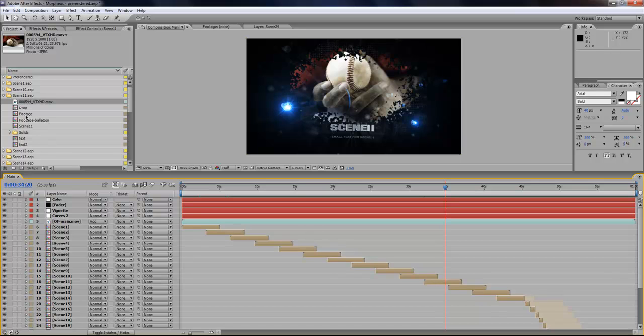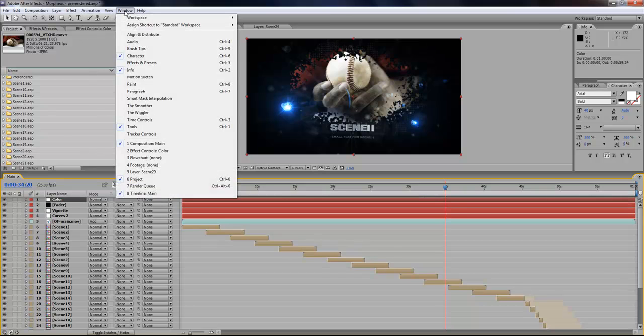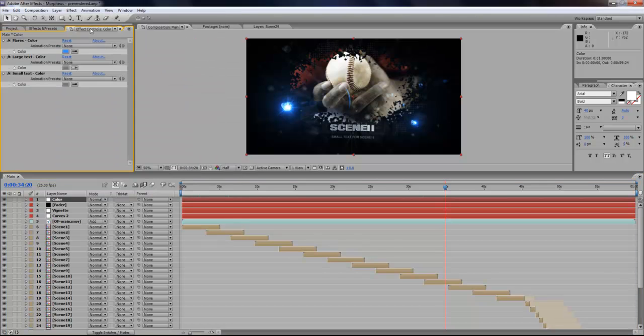That's pretty much it, guys. Let me show you another cool feature that we have here. It's a color layer that is placed on top of all of the other layers. So simply select it and find the effect controls tab, which can be found here, effect controls, if it's actually hidden. So here we are, and we have a few